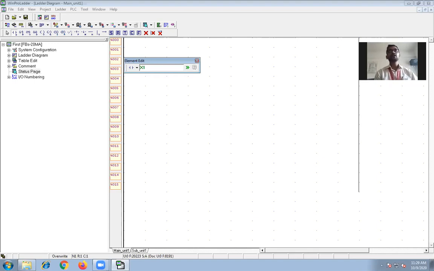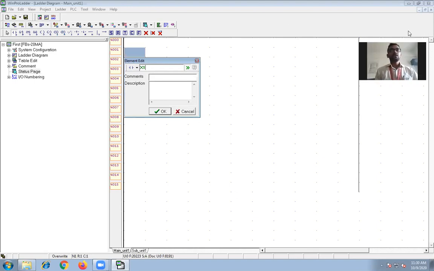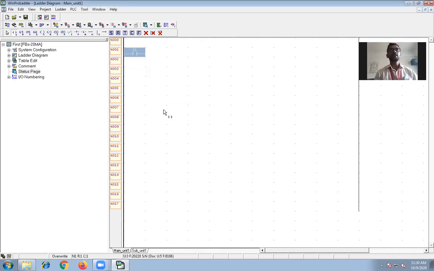So I have written over here X, and you can see this green symbol. You can add comment to it. You can write comment over here, suppose this input is about switch. You can write switch over here. And when you press OK,